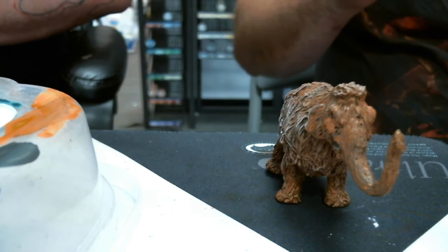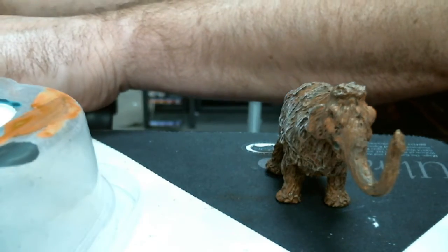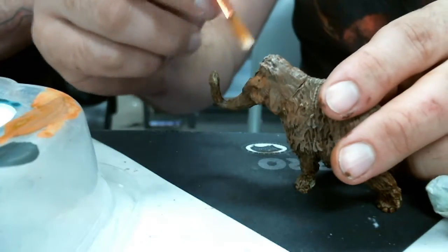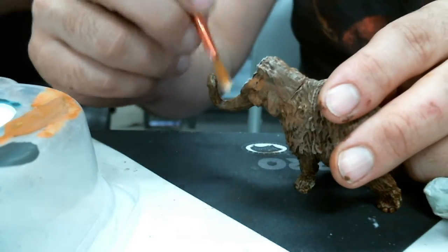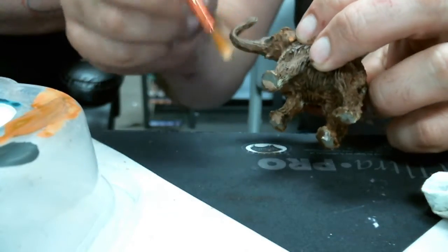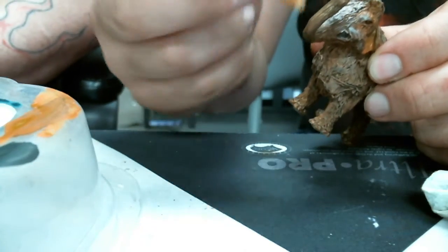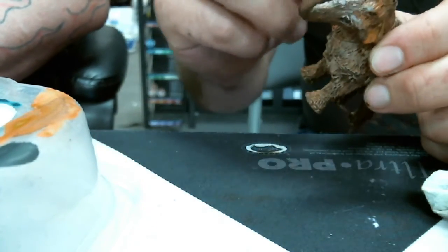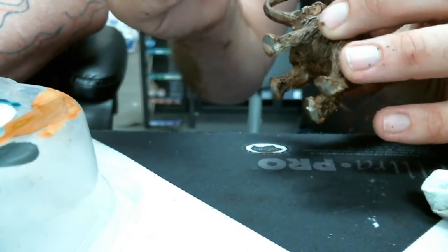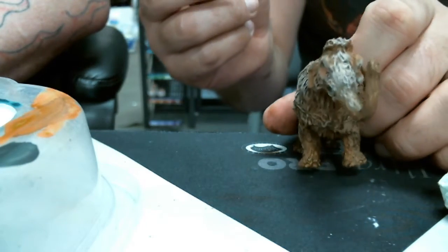And so I'm using the Praxeti white. And just kind of going down the face a little bit. Like that. Gives it kind of a...